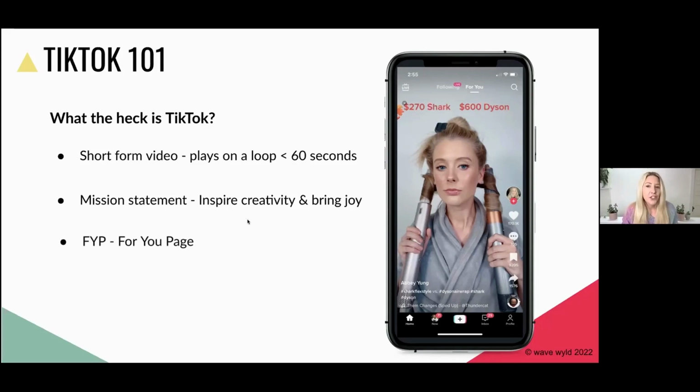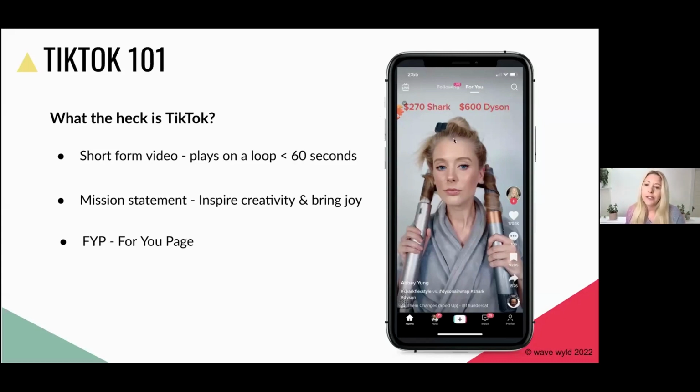And then the main feature of TikTok is what we call the FYP, or the For You page. And this is a picture of it here on the right. So you can see here For You is underlined. That means I'm on my For You page, and this is where you vertically scroll and you watch videos. And these videos are not people you necessarily know or you follow. These are anybody. It's a discoverability based platform. They are videos from everybody that you can see.